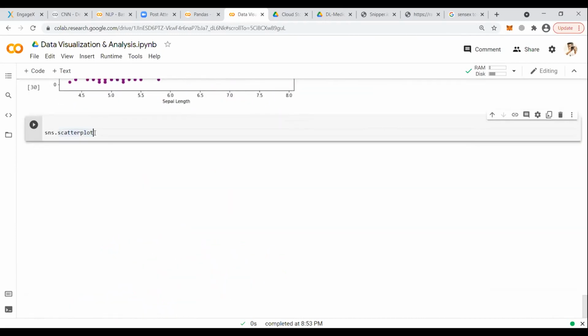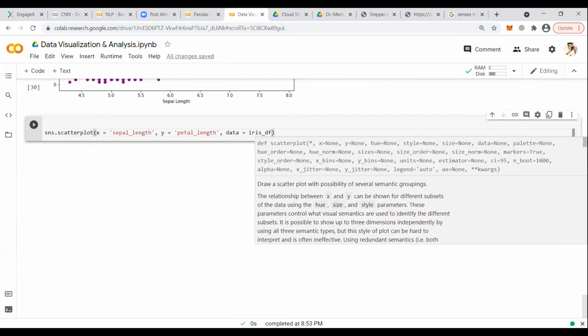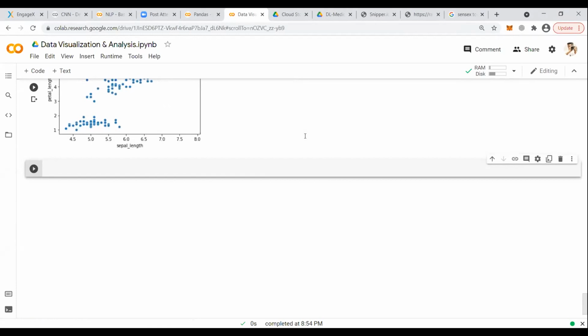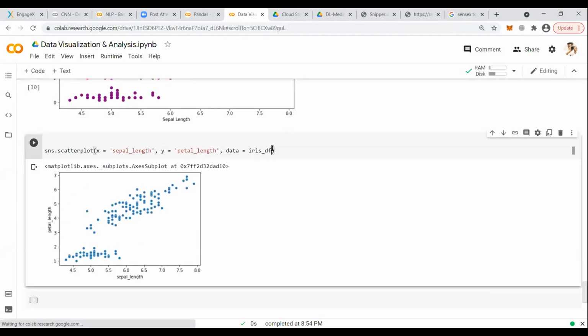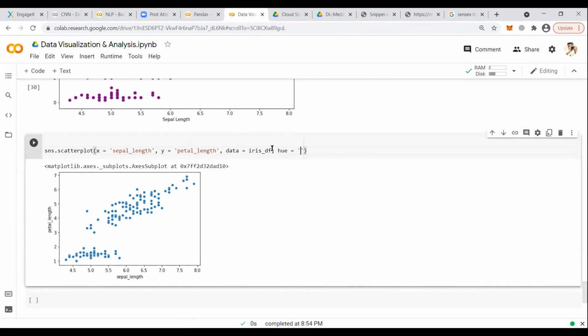Okay, next comes scatter plot, a very important part. That is a format that we use in Seaborn. Generally, in x, you just provide the column name. In Seaborn, hue equals species.